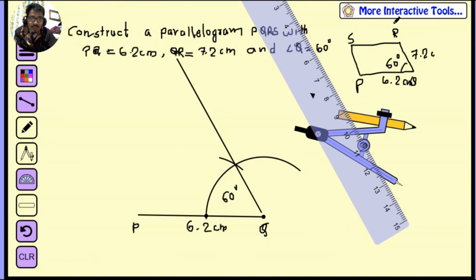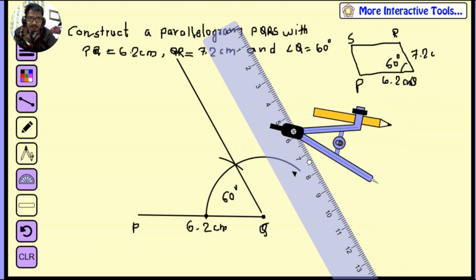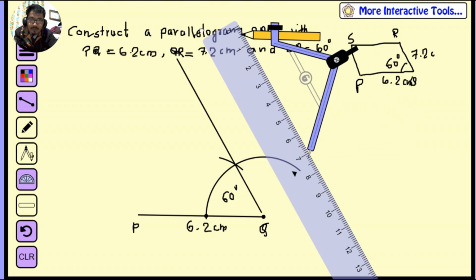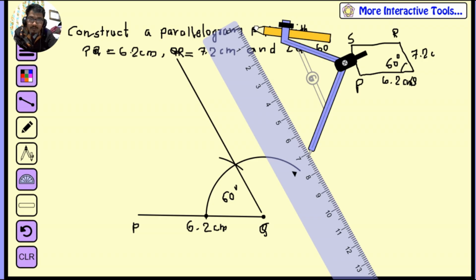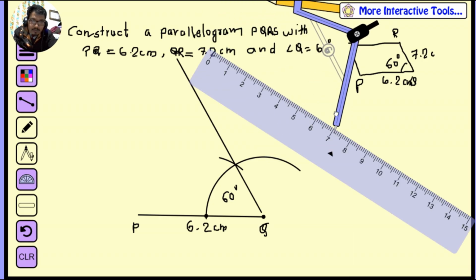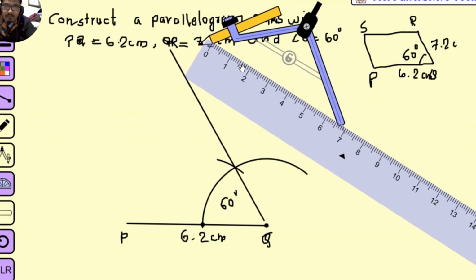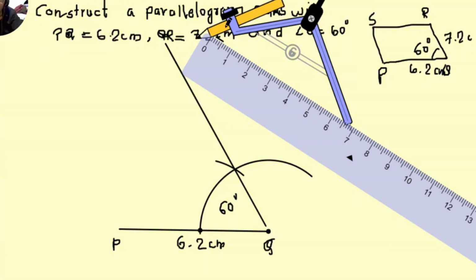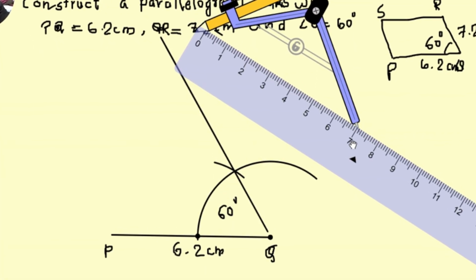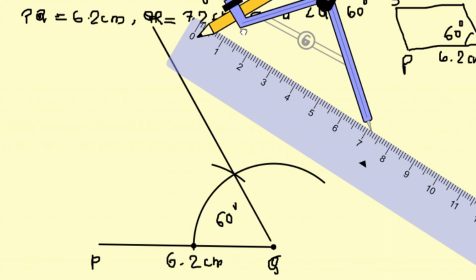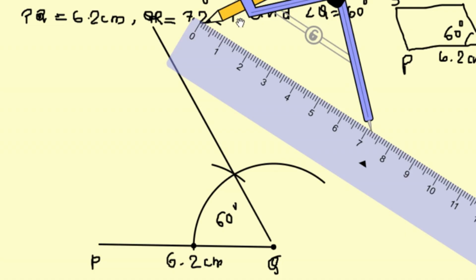And after that we know that Q to R is 7.2. That's why we have to take this arc 7.2, okay, and take this arc length, look here, like this measure, okay, like this, take it. Now take it exactly 7.2,